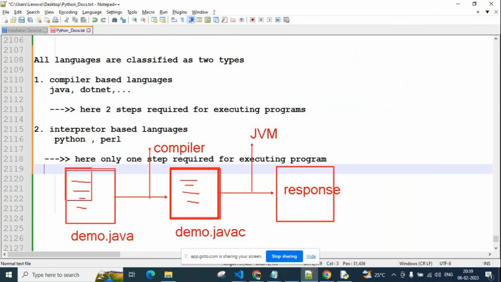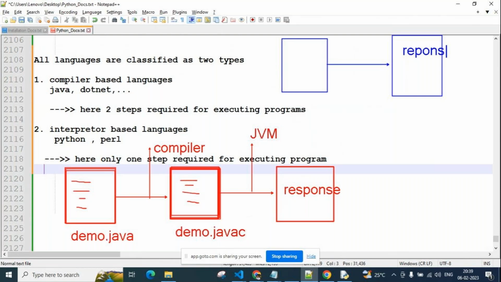So we struggle here while writing the code, using the compiler to validate it. When it passes, it is executed immediately. But in Python it is not like that. In Python, we write the high level code and directly use the interpreter, so we directly get the response.